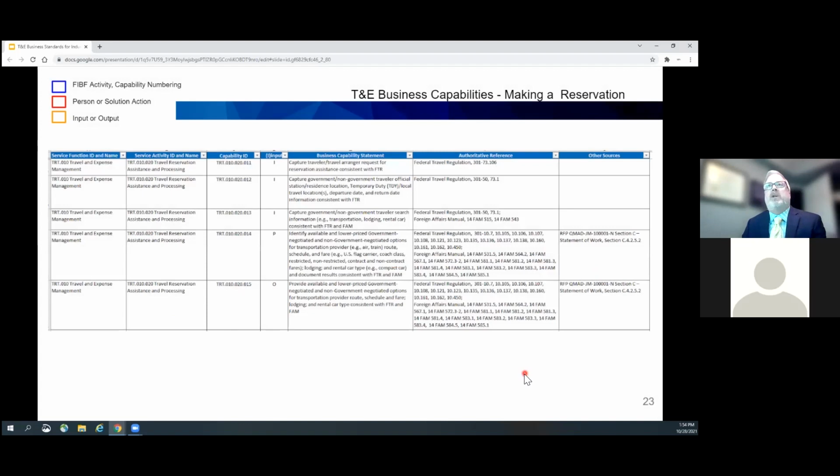So now we're going to take a look at the individual capabilities associated with this process. Again, all these capabilities are within the 10.20 Travel Reservation Assistance and Processing activity area. We're going to look at the first three capabilities, 10.20.11, 12, and 13. And for this example, the reason that we're looking at them together is all three are